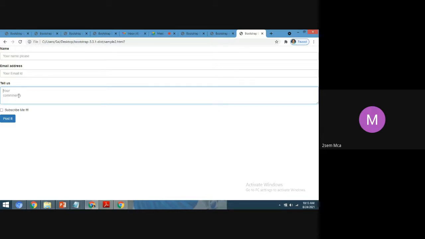If you take a text input, then you cannot do that. If you want to include multiple lines, then we have to take a text area. That is the reason why for the third entry, I have taken a text area. Getting understanding, students?